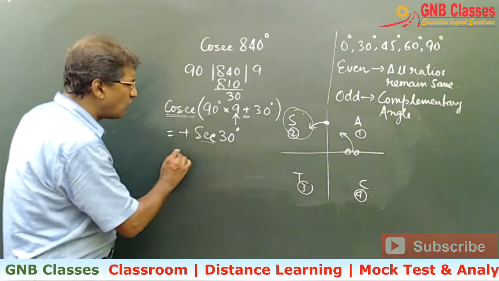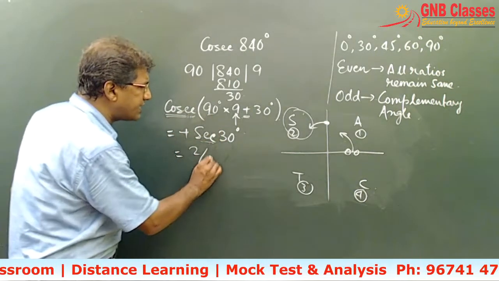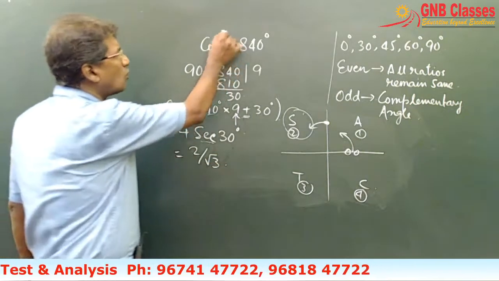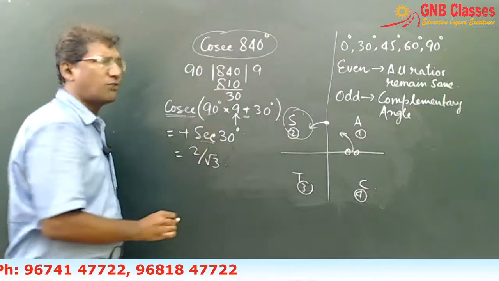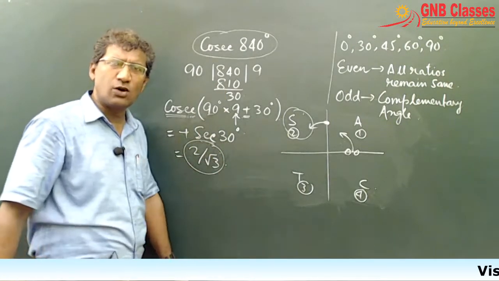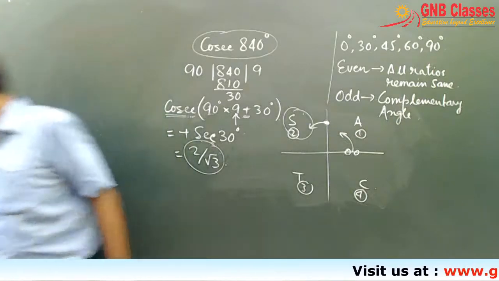Okay, now what is the value of sec 30 degrees? Sec 30 degrees is 2 by root 3. Is it clear? Therefore, the value of cosec 840 degrees is 2 by root 3. Is it clear to all of you? Okay, now,